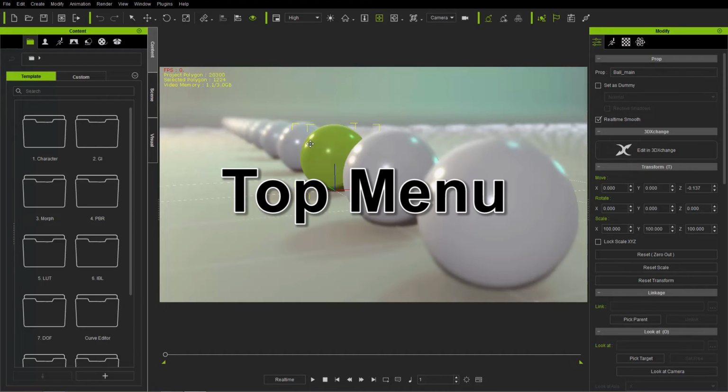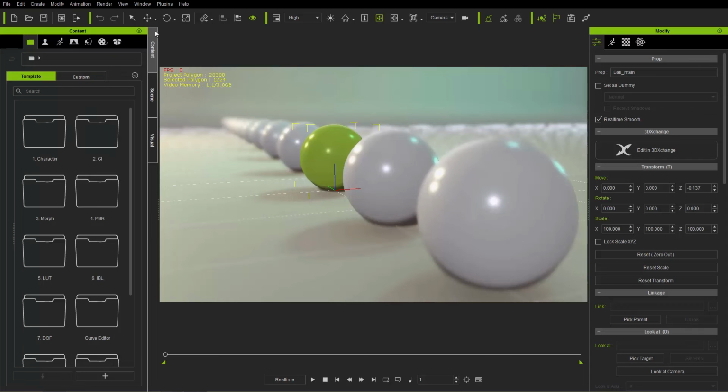Navigate my viewport here. Okay, but I'm just going to show you what is what on your screen right now. So right now what we have is our standard view. Okay, and we're going to talk about our workspace views a little bit later on. But let's go through the basics first, starting from the top to the bottom here.